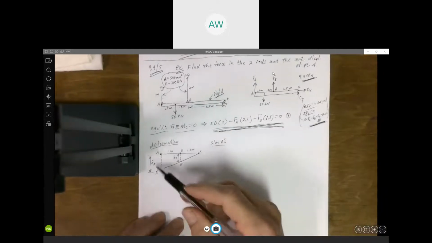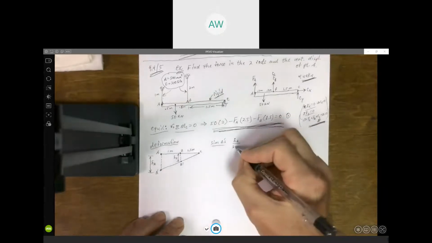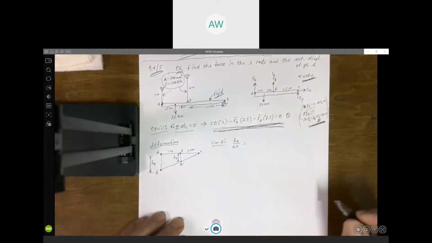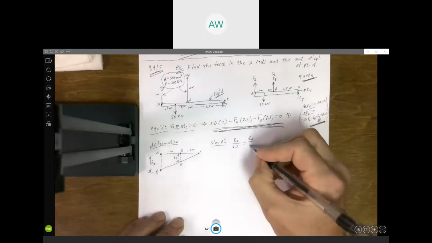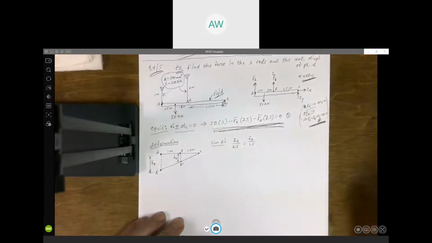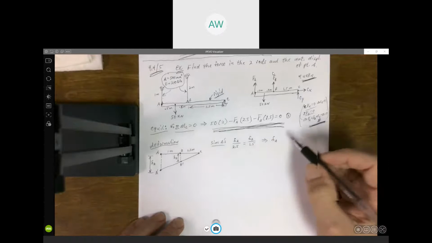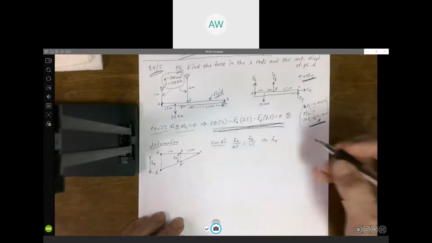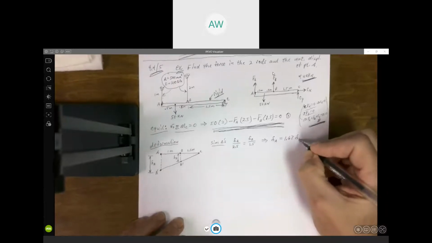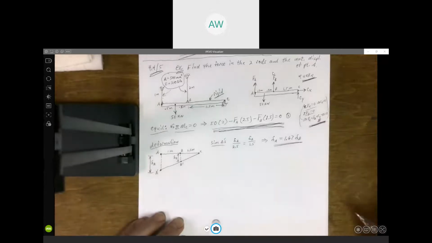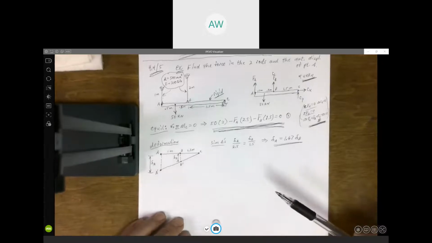I know the deformation delta A over 2.5 has got to be equal to this distance delta B over 1.5. And multiply both sides by 2.5. 2.5 over 1.5, it's like 1.666. I'm going to just round it to 1.67. All right. So just from the geometry, I know that's the relationship between those two distances, that point A and